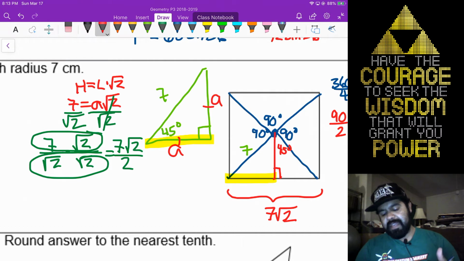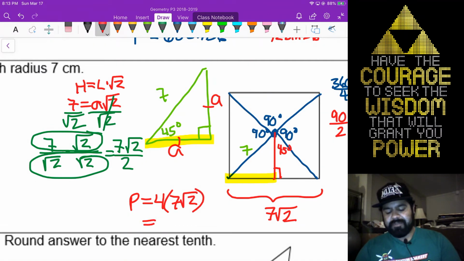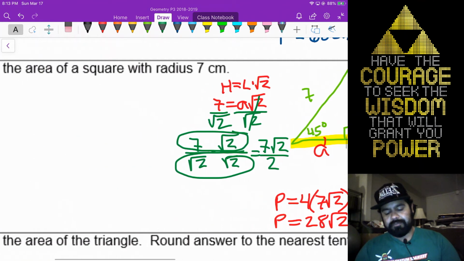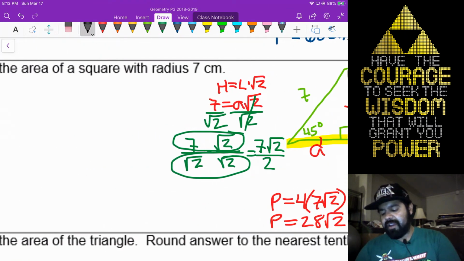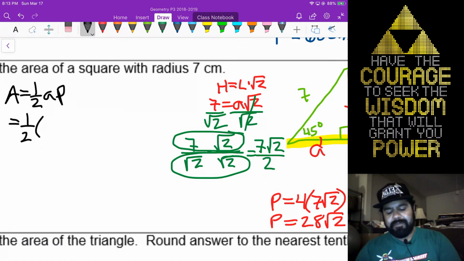Alright, now our perimeter. There are 4 sides. Each side length is 7 rad 2. So we're going to have 28 rad 2. Got my perimeter, got the apothem. Let's get to it. So we're going to have our area equals 1/2 the apothem times the perimeter. So 1/2 of 7 rad 2 over 2 times,